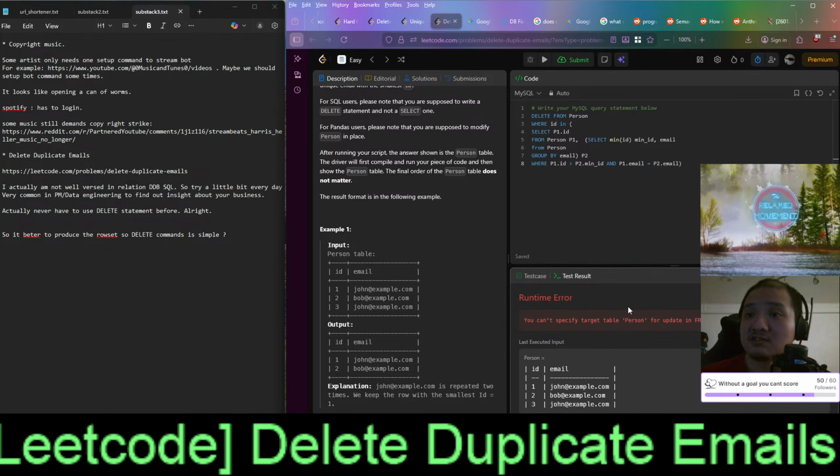You can't specify person table for update in from what? The ID is in this.